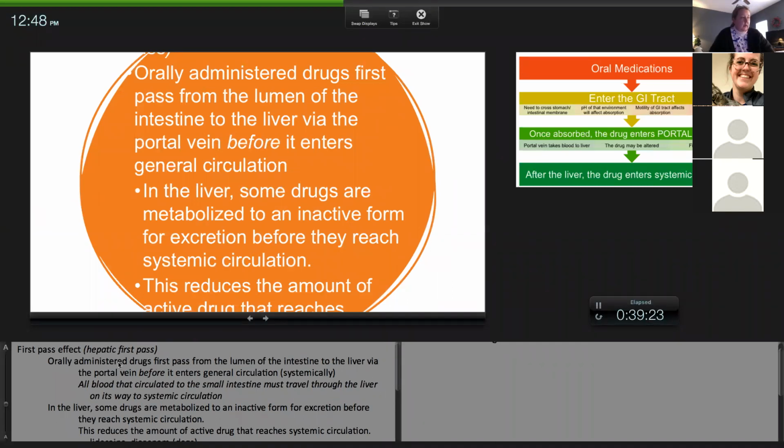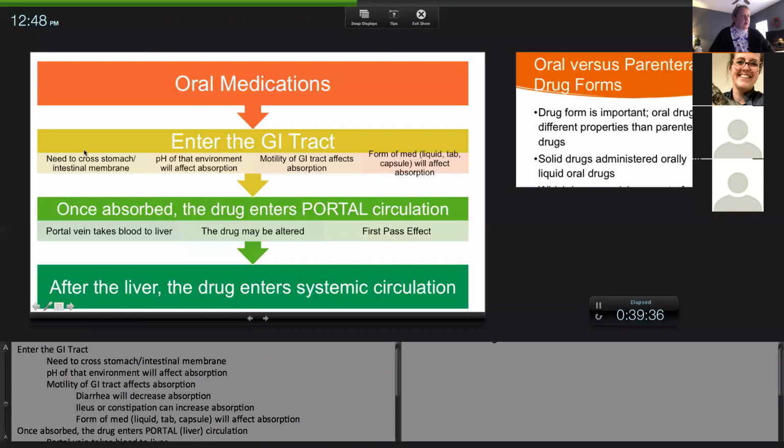So I'm going to look at these gray notes. If you remember, we talked about oral meds and the first pass effect. Actually, the next slide shows it better. If you give an oral medication, it goes through the mouth, then down the esophagus into the stomach. And once it hits the stomach,